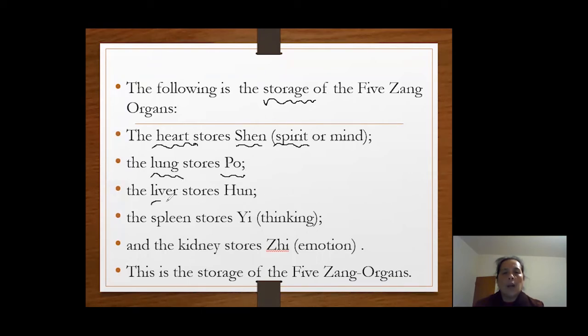And the liver stores the hun, and the spleen stores the yi, and the kidney stores the zhi. About 5 different kinds of emotions. So still, in different books,